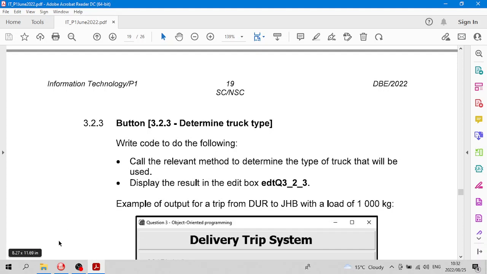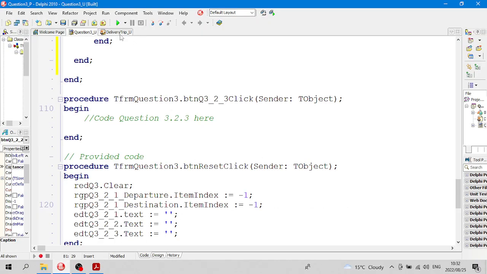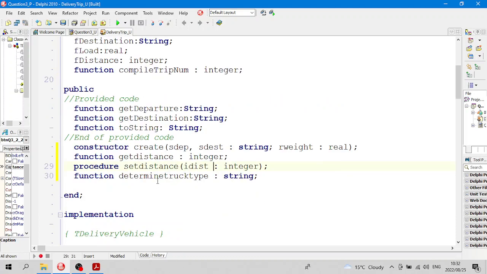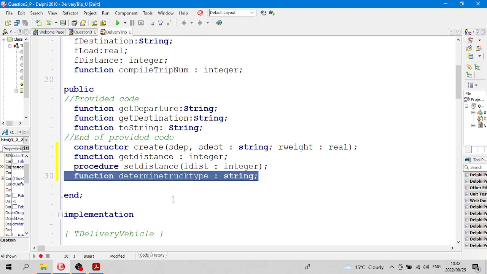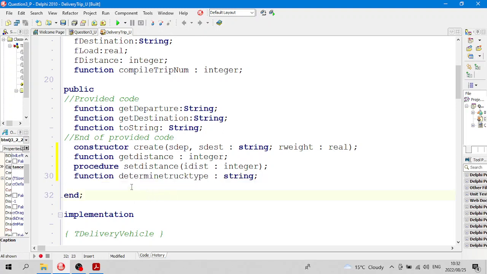Now, you might say, what on earth? To call the relevant method, you've got to use your obj trip, and you've got to look at this and determine truck type. There it is, function determine truck type. So it's a string function,